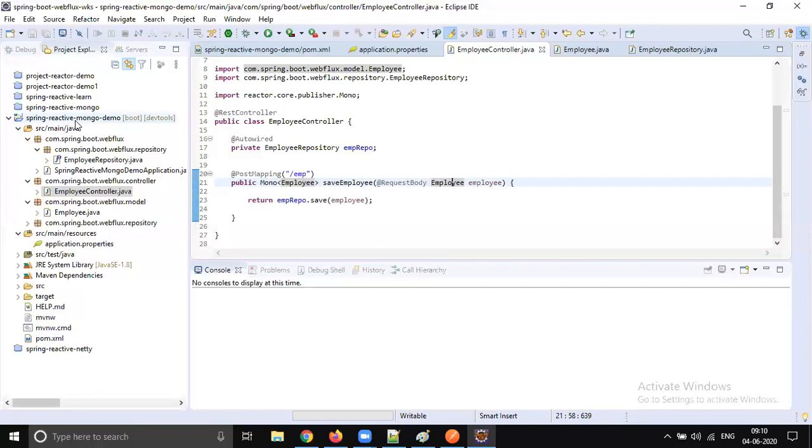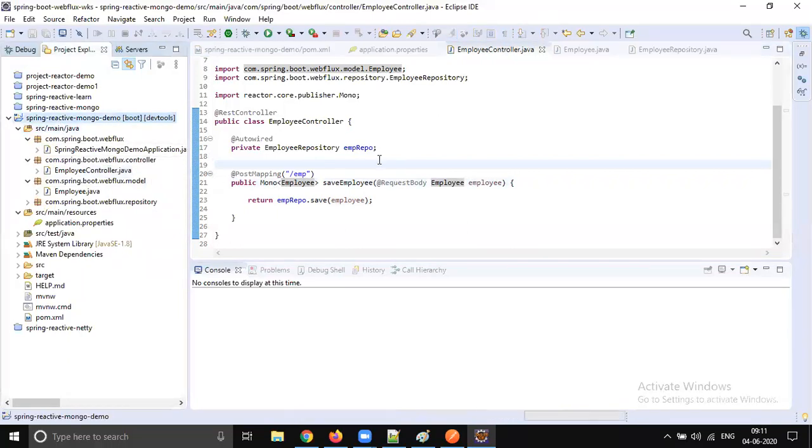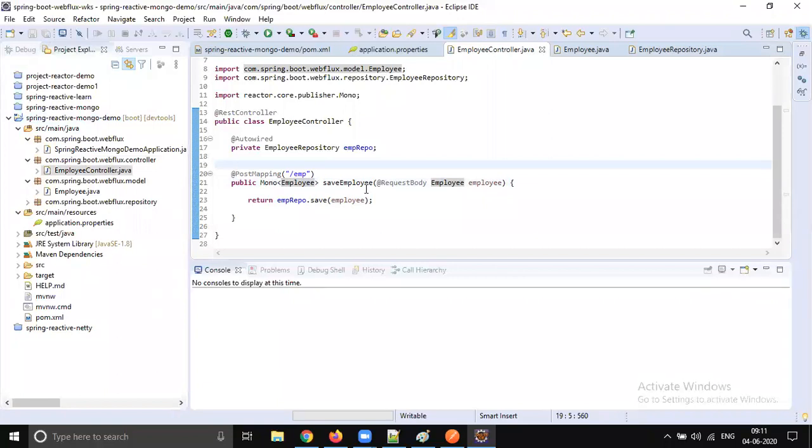Our microservice will be a big project with 10 to 15 files. This is just a quick-start demo. I'm showing you one basic example, since most of the people are new to MongoDB and reactive programming, so I just want you to have a simple example.